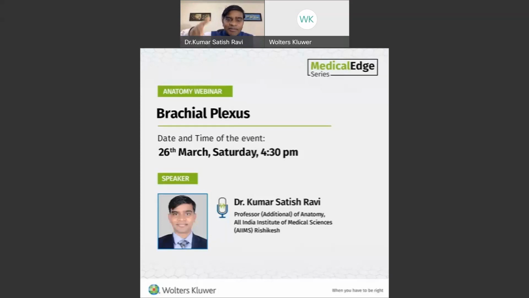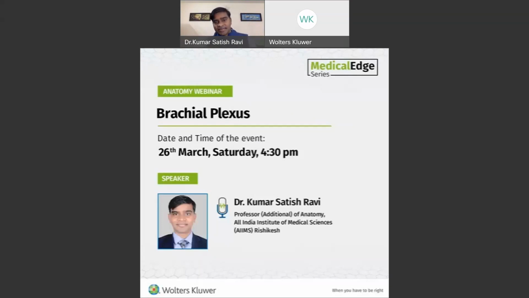So from the outer border of the first rib to the upper border of the pectoralis minor, we have the first part of the axillary artery, and from the first part of the axillary artery, we have superior thoracic artery or the supreme thoracic artery. From the second part of the axillary artery, which extends from the upper margin of the pectoralis minor to the lower border of the pectoralis minor, we have two branches,